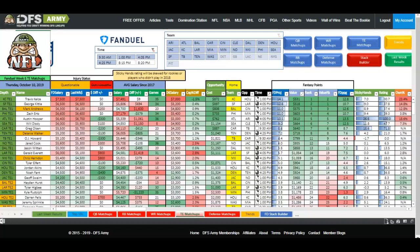I haven't done any back testing on other sites that allow you to back test it, but it would be neat to see what has more weight in the correlation. Would it be implied team total, or would it be home or away? Would it be being favored or underdog? But a high implied team total would correlate highly with being favored, because if you're going to score a lot of points, odds are you're favored. Anywho,